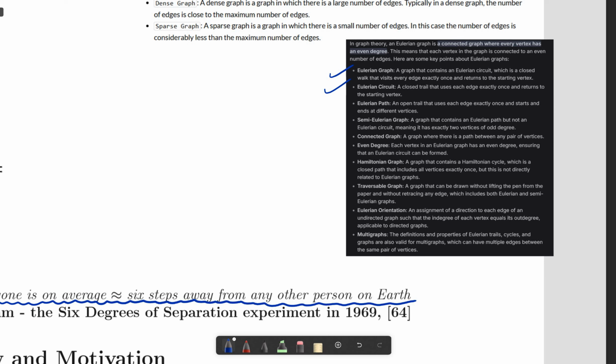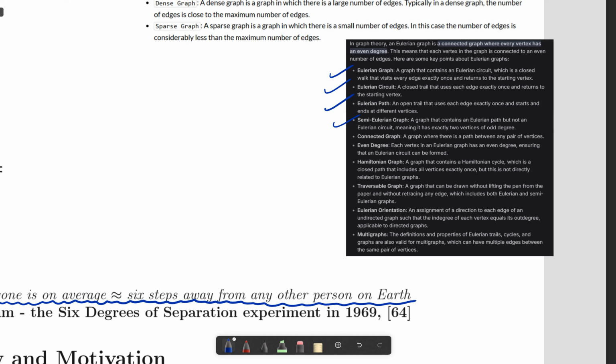Eulerian graph completed. An Eulerian circuit is nothing but a closed trail, like how we move. This is just an Eulerian circuit. Okay, that uses each edge exactly once and returns to the starting vertex. It returns where it started. Okay, Eulerian path complete. Semi-Eulerian graph: